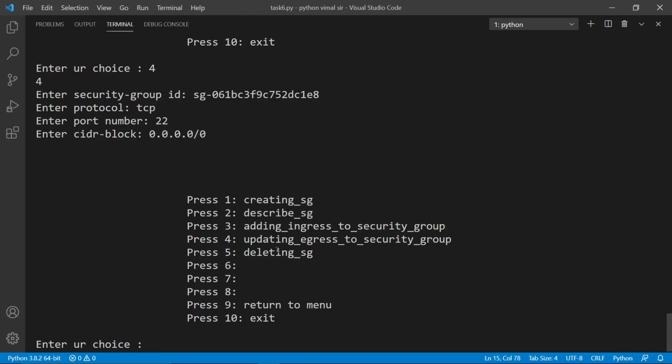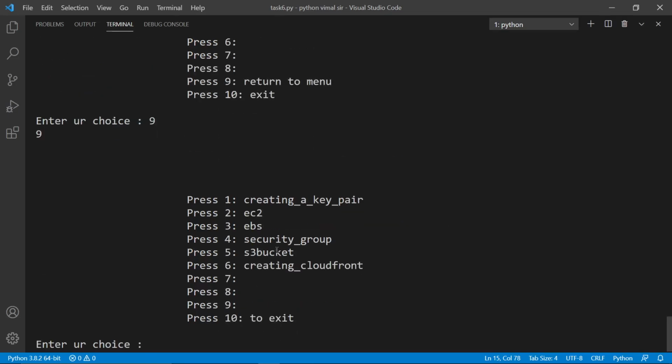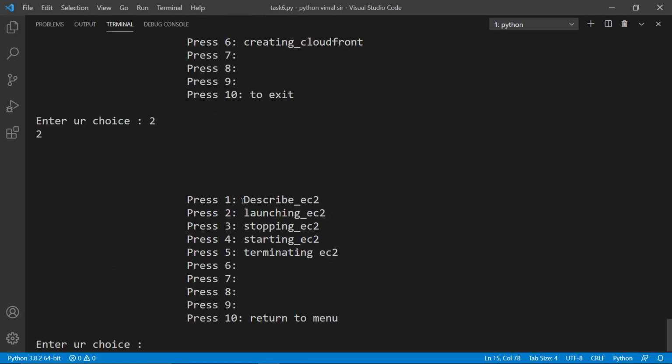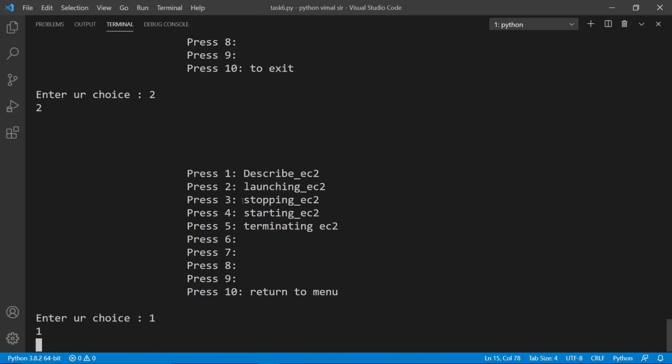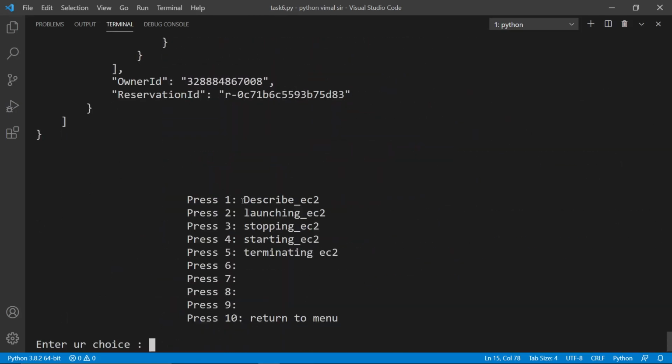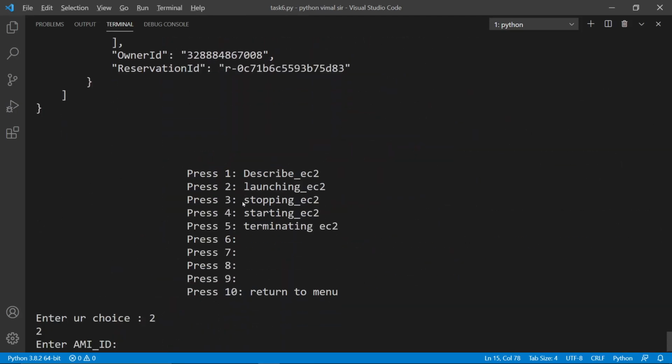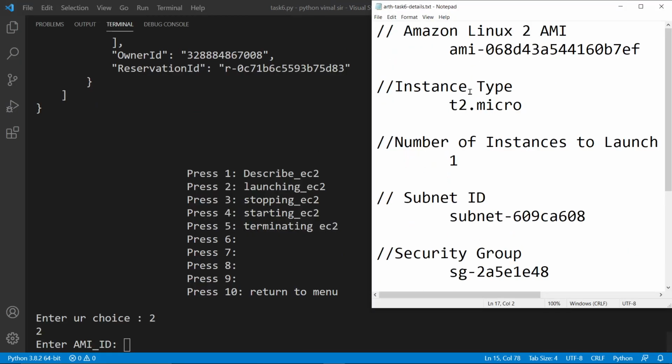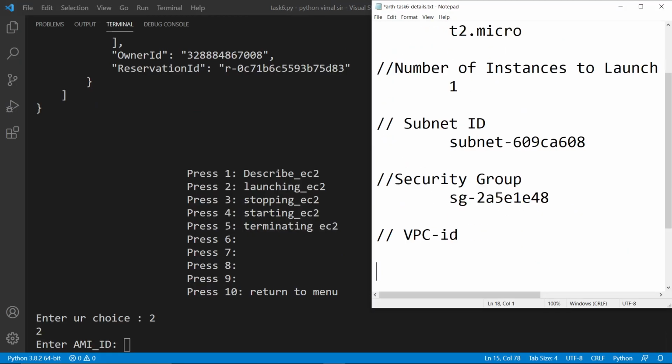So we will return to the menu. The choice is mine. Now we will go to EC2. Firstly, we can do describe. I already have one instance created. So only one instance is there. So we have to launch only. So this is what we have to do. Everything I have done is written here.